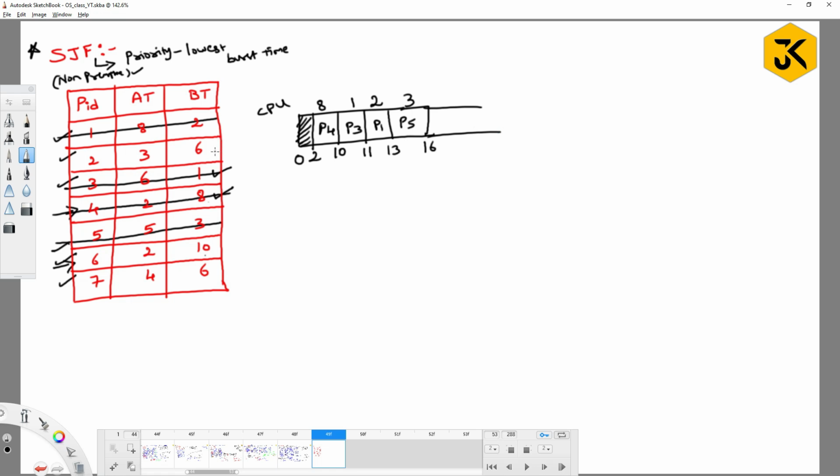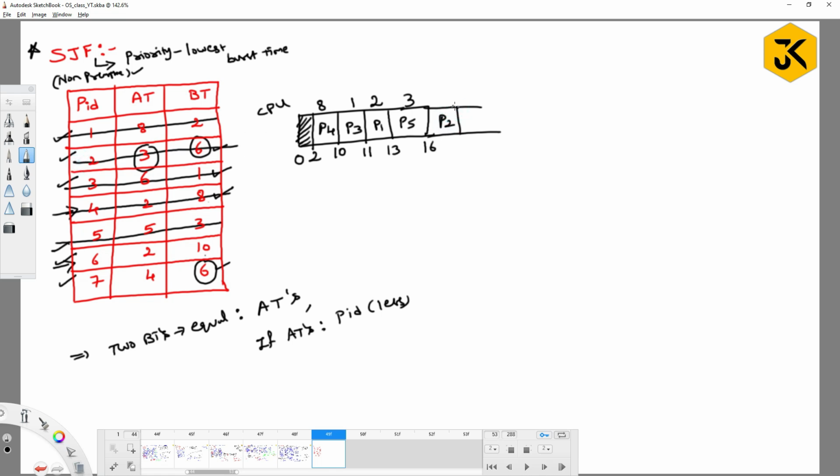Next, the level of burst time will be 6. As we observe here, 2 processes have the same burst time value. When 2 burst times are equal, what do you have to do now? You have to check their arrival times. If arrival times are also equal, then we have to go with the process ID which is smaller. In this particular scenario, 2 processes have the same burst time, so we will go with the arrival time. So give the chance to